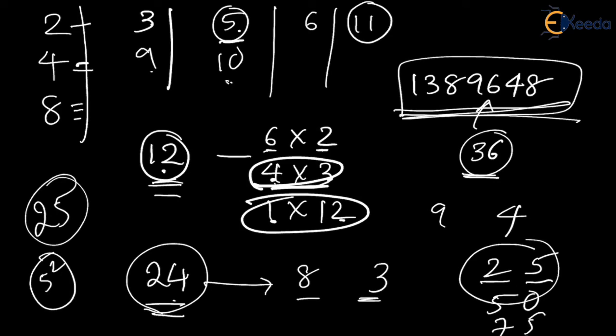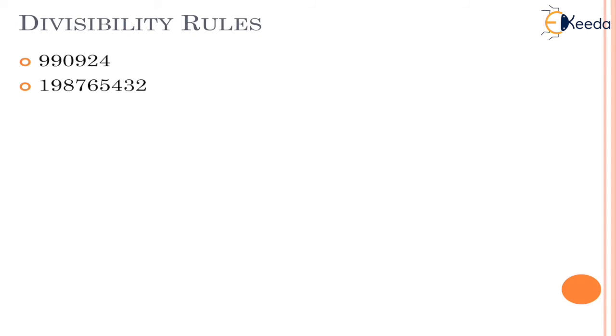Similarly, if you have a number, let's say 125, you have to check its last three digits. The last three digits have to be a multiple of 125. Only and only then the number will be divisible by 125. I hope everybody is clear with this. So let us solve a couple of sums. Now is this number divisible by 2, 3, 4 and so on? I want you to solve.